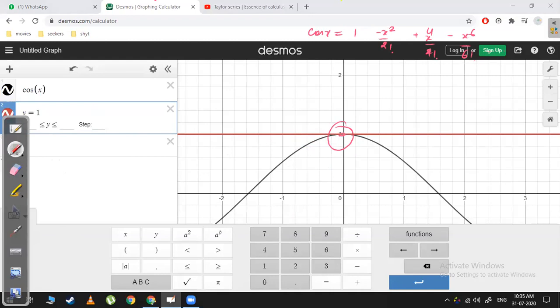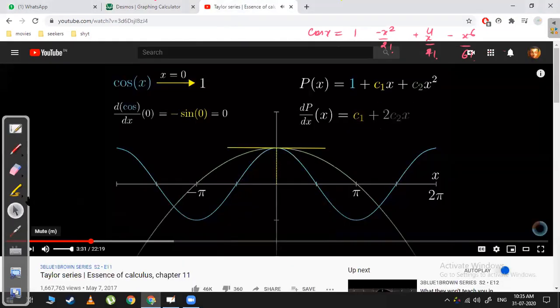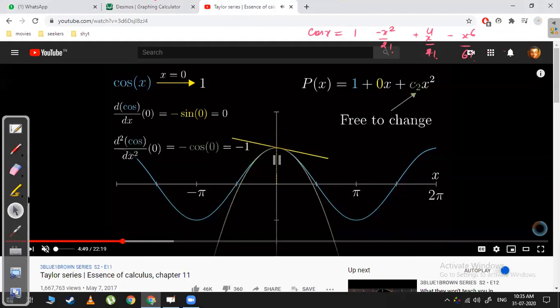Now at this point we have fixed that, at x equals 0 we have got this thing. Around this point we have already fixed it. Now the second step is, we will look at the second derivative. When we took the second derivative, we got the value equal to 0, and we got the coefficient of x as 0.